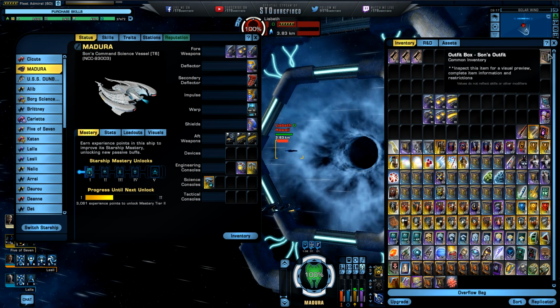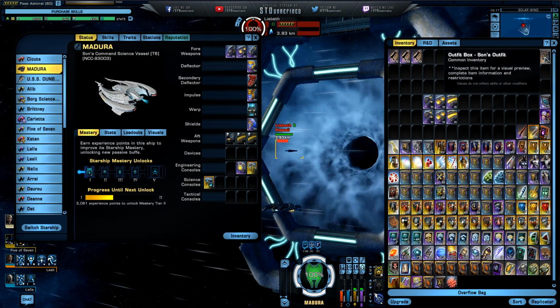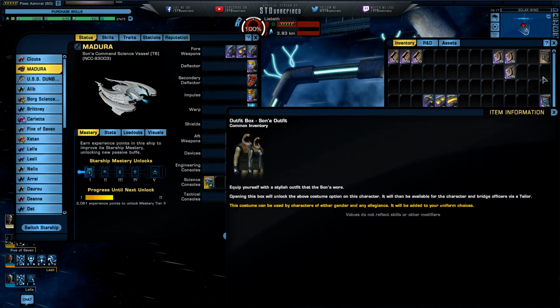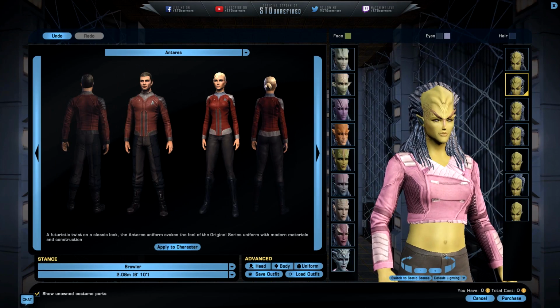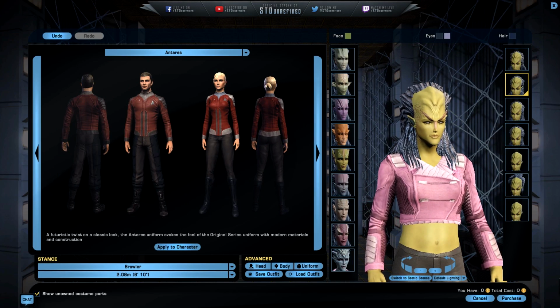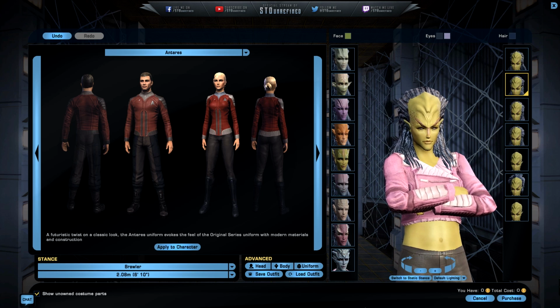Nothing, that's about it. I'm going to head off to the NPC to change my outfit to the sauna, looking like this a little bit. So this is the tailor, this is the NPC where you can actually change the way your character looks. If you guys have no idea what I'm talking about,